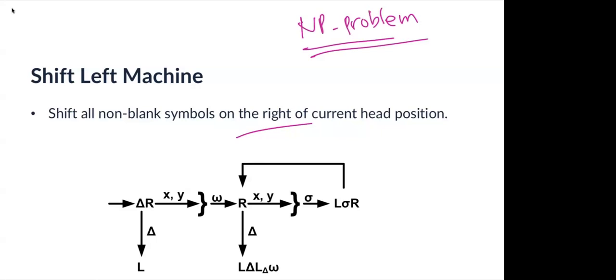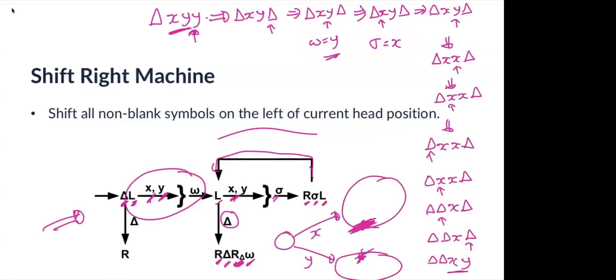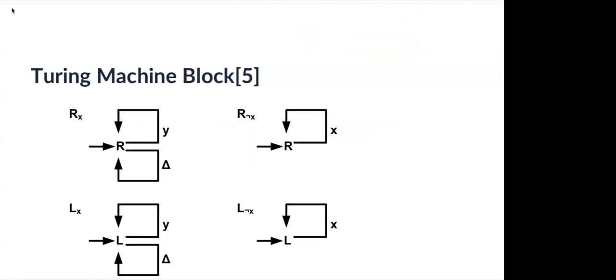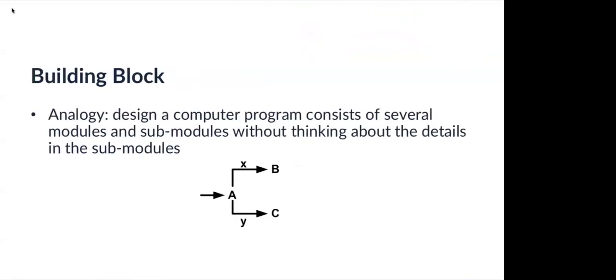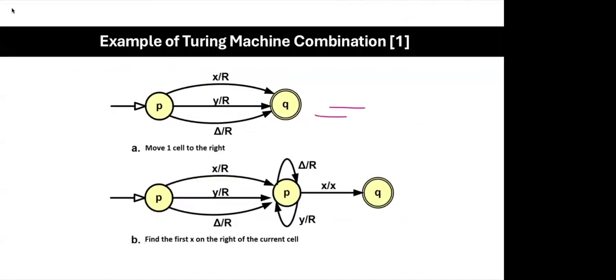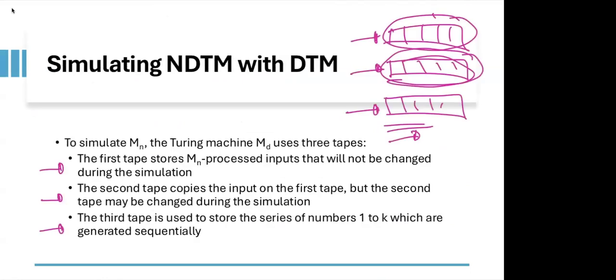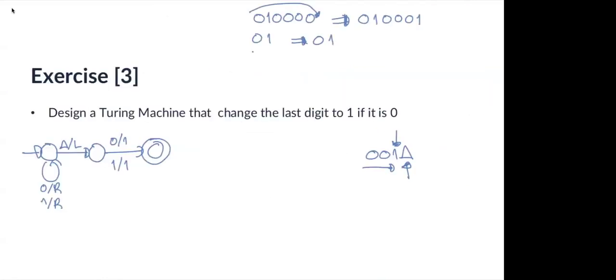Okay. And for today, you will have a post test as usual. You can check it on LMS. There you will need to design a Turing machine. But because I think the Turing machine is not really difficult, you don't really need to use this building block. You can just use the usual one like this or this, just like what we have here, for example.